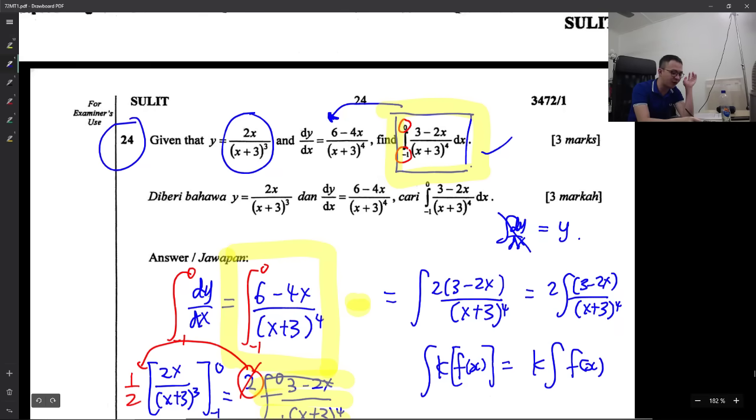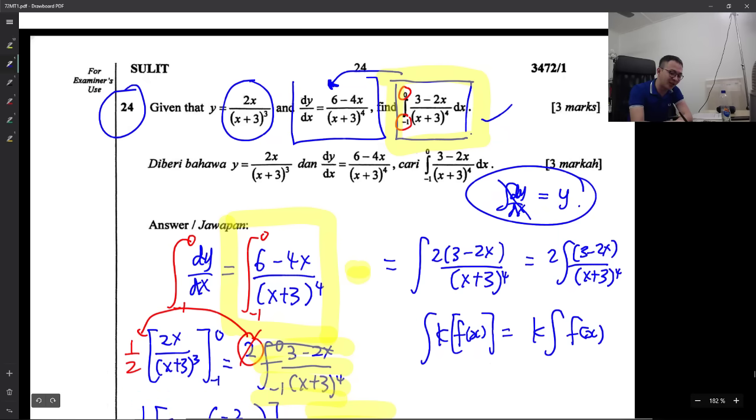For this kind of question 24, I'm not doing any integration here, but you need to understand the law of integration. The first thing you need to understand is integrating dy/dx will always give you y. Then you copy down the equation of y. The second thing you need to do is simplify the dy/dx, because the dy/dx they give you, you always need to add the integration sign for both sides. And then sometimes you need to multiply in some constant number, or sometimes you can factorize out some constant number, to make it become the question you want. Alright,